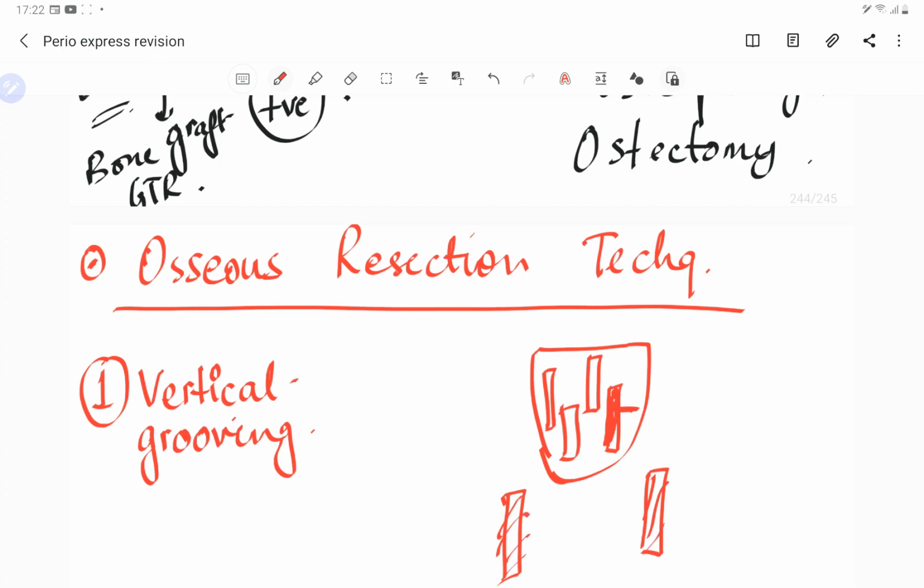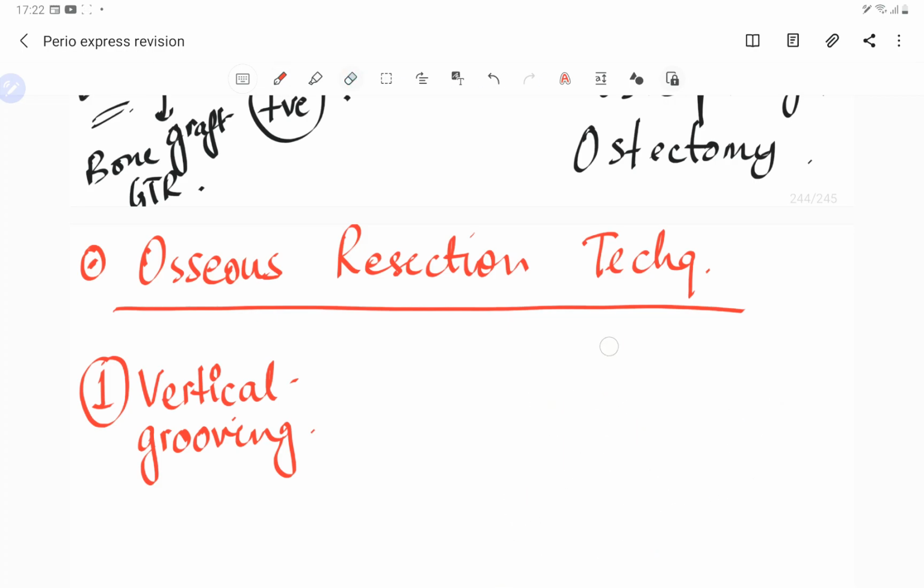You take an instrument, either a round carbide burr or hand instruments. Suppose you are taking an Ochsenbein chisel, or any chisel, a back-action chisel or an Ochsenbein chisel. This we have already covered in the instrumentation part as well. If you are taking a Schluger chisel, Sugarman chisel, Rongeurs, carbide round burr, diamond burr, or an Ochsenbein or back-action chisel, any of the instruments you are taking, making the grooves is the first step.